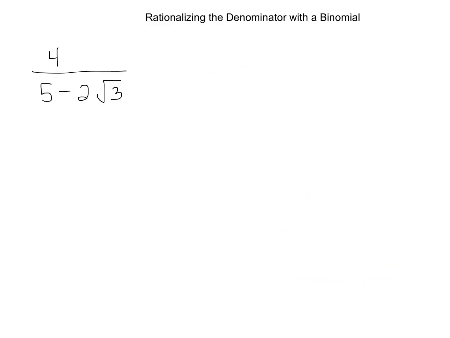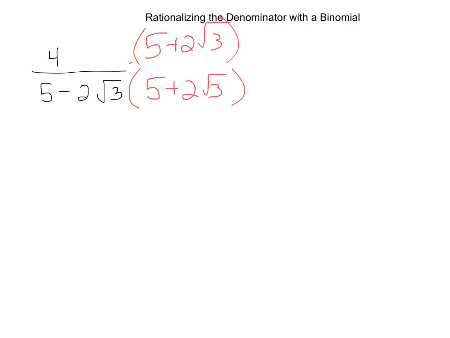Alright, look at this one. 5 plus 2 radical 3 for its opposite. Because that would be the opposite of the minus component. Alright, let's distribute. We need plus 1 more. 4 times 2 radical 3 is 8 radical 3